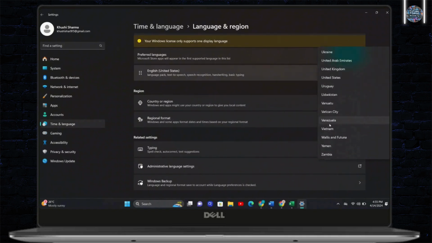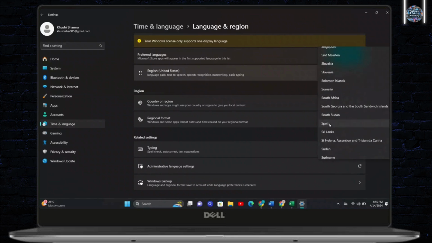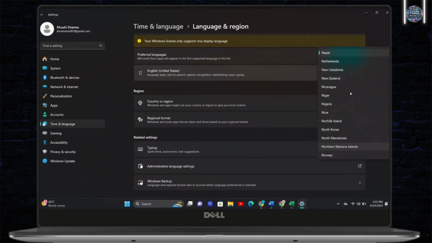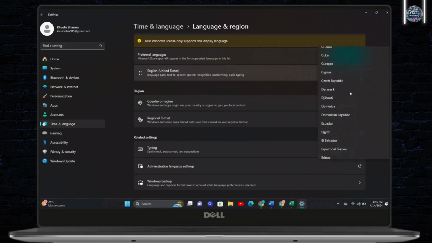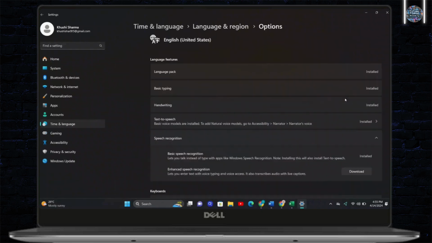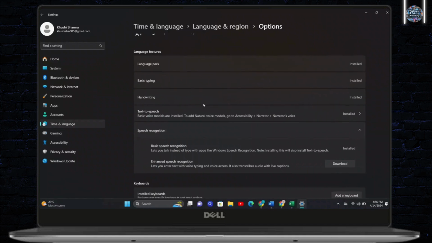And after searching for the language, you can simply choose any language that you like and you can add it. Here I am searching for Britain. After searching for Britain, you can simply click on that, and after adding the language we have to go and sort our preferred language into US, and after that you can simply click on the language option, and